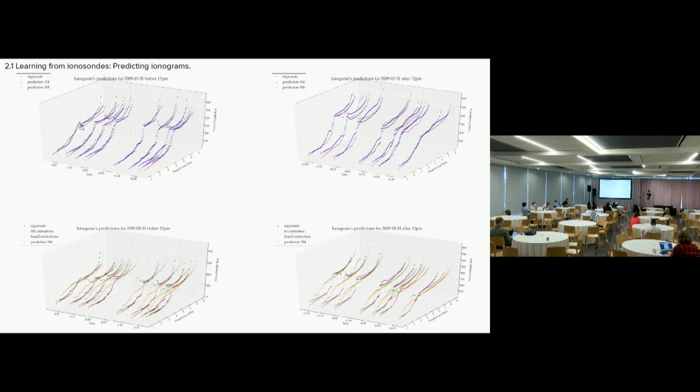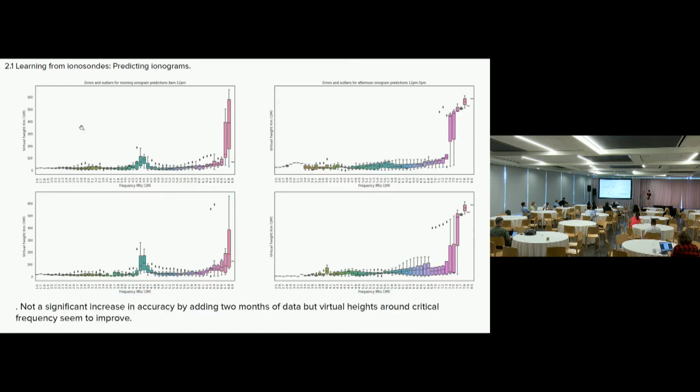And then in the second row, corresponding to the same hours, we are comparing this with ionograms obtained from SAMI2 estimations and ionograms obtained from IRI estimations. And we see that often our neural network predicts ionograms better than these other models. Okay, so this is just error bars of the actual estimations of the virtual heights that we get